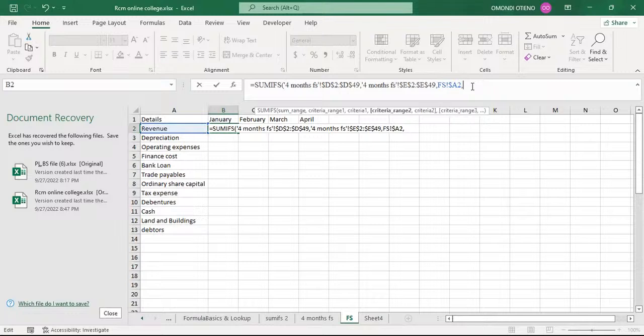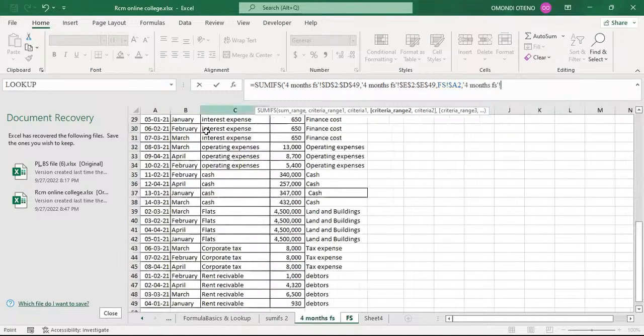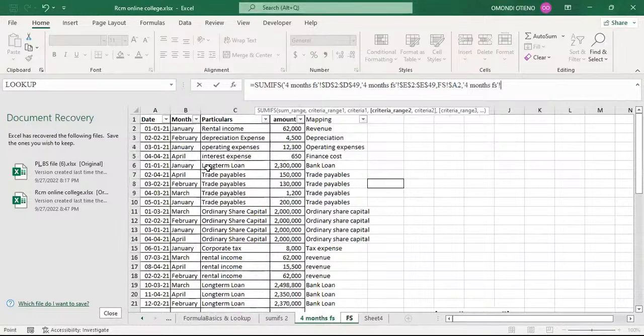criteria range 2. Criteria range 2 is now the second condition. We've taken care of the items that we got from the mapping column. Now we want to deal with the months. And now, where are we going to get the months in our original database? Where are we going to get January, February, March, and April in our original database? Where are we going to get them from? From our month